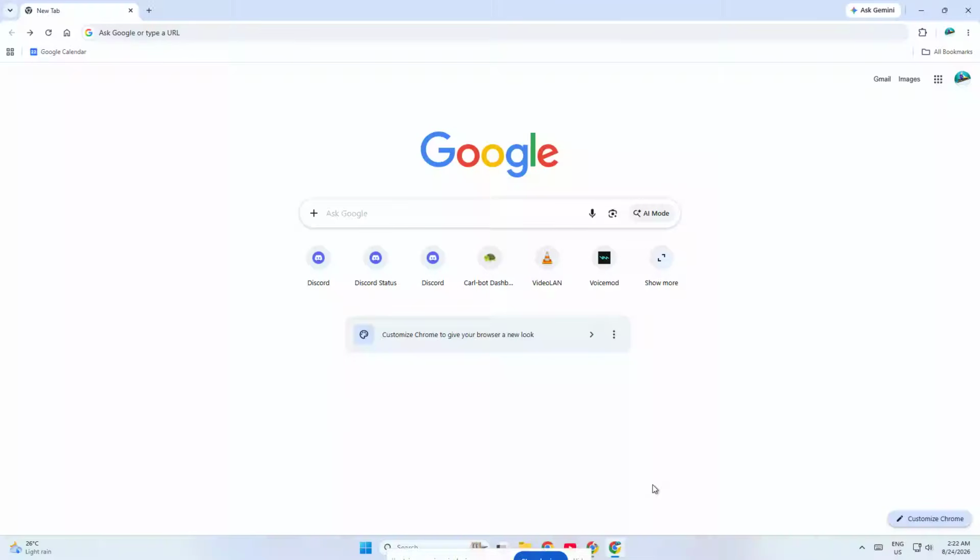If you want to use Chrome in dark mode, you're in the right place. In this quick tutorial, I'm going to show you exactly how to turn on dark mode in Google Chrome in just a few simple steps. This is a great way to reduce eye strain, make browsing easier at night, and give your browser a cleaner,